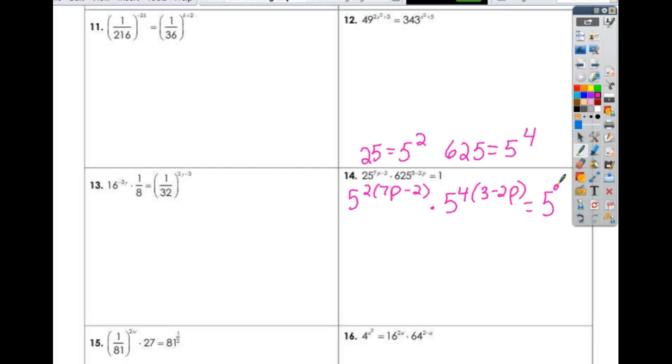So now I'm going to multiply this. So I get 14p minus 4 plus 12 minus 8p equals 0. Add and solve. So I'm going to get 14 minus 8 is going to be 6p, and then plus 8 is 0. So when I subtract the 8,